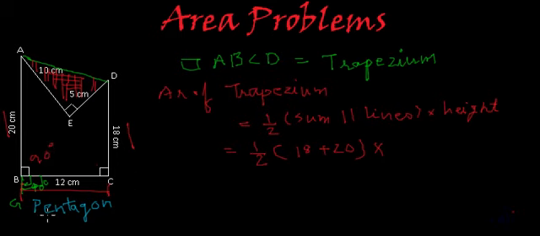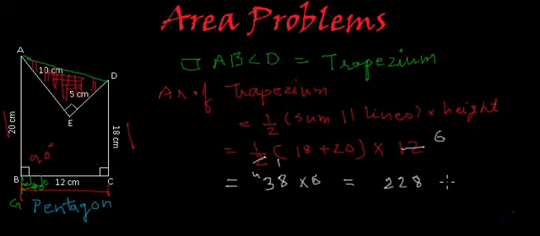So the height in this case is the length of line BC, which is 12 centimeter, right? So what will be the area? So if we solve it further, we will get 2 ones are 2, 2 6s are 12, and inside we will have 38 multiplied by 6, and this will be equal to 6 8s are 48. So 8 will be written over here, 4 carried forward, 6 3s are 18, plus 4 is 22. So the area of the trapezium is 228 centimeters square,